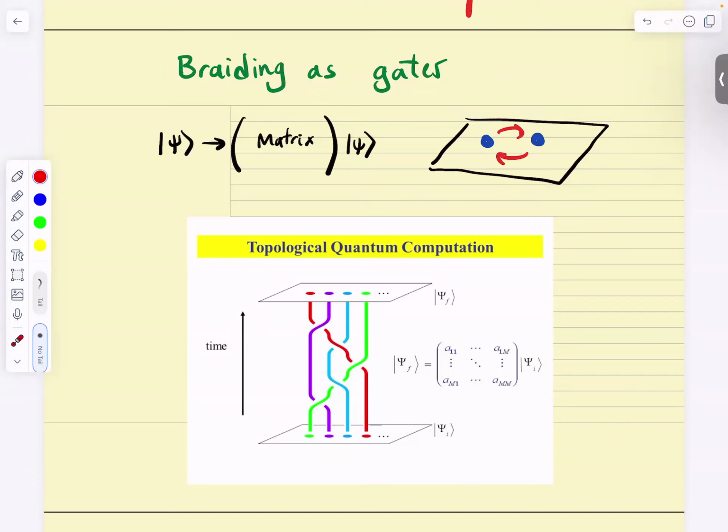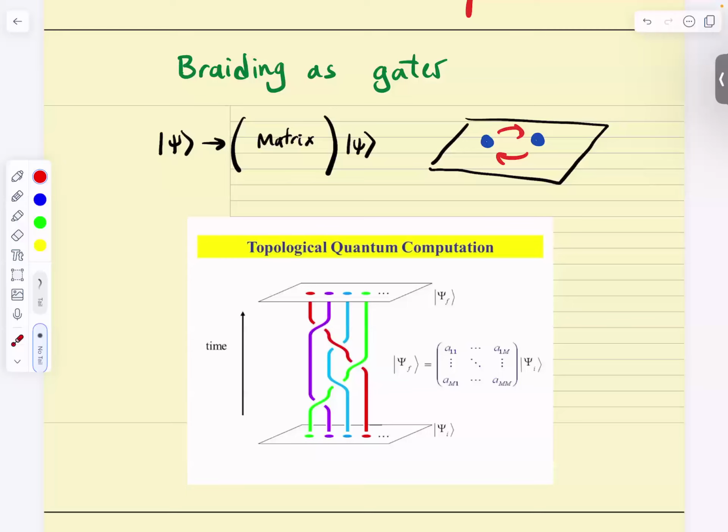So what is a non-abelian anyon? I don't have time to teach this or explain it, but the state of two particles is described by a wave function. In abelian anyons, when we're swapping them, we're picking up a phase, a complex number. Non-abelian anyons are systems where, when you swap them, a matrix acts on it. I have not explained why or how, but that's what it is. The wave function is described as a vector with some internal mysterious labels, and when you swap things, a matrix acts.